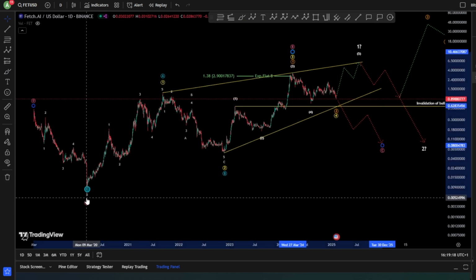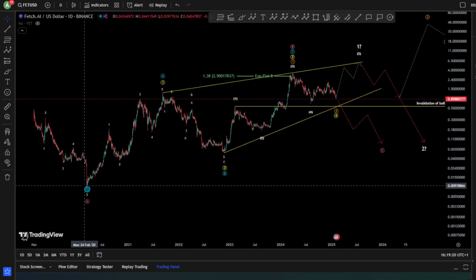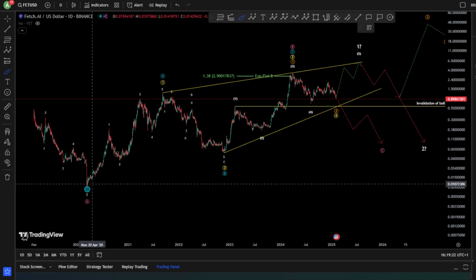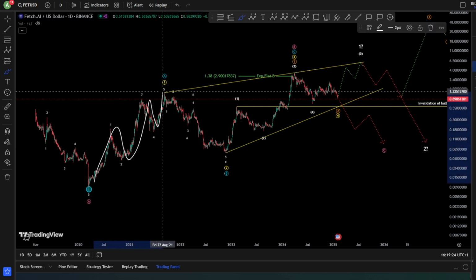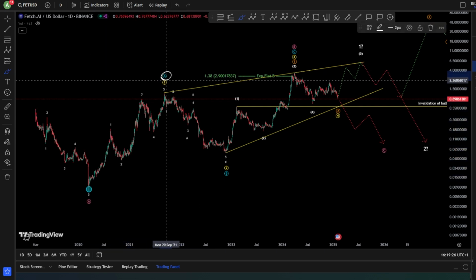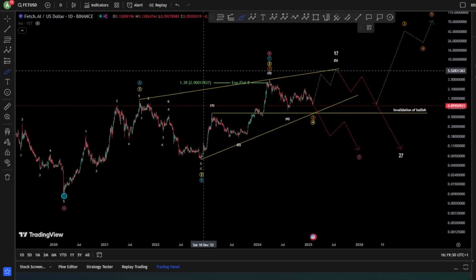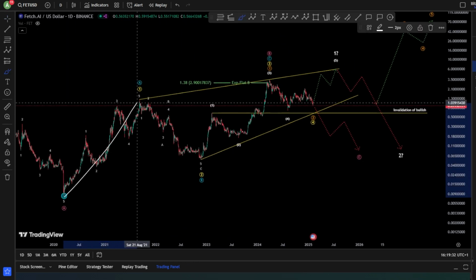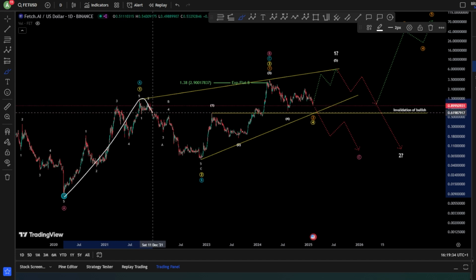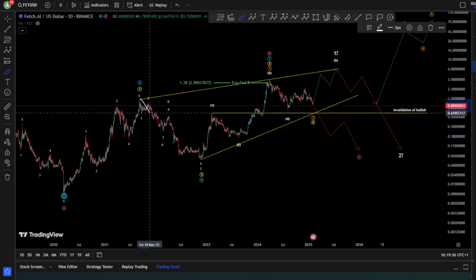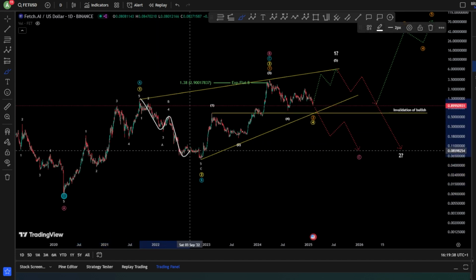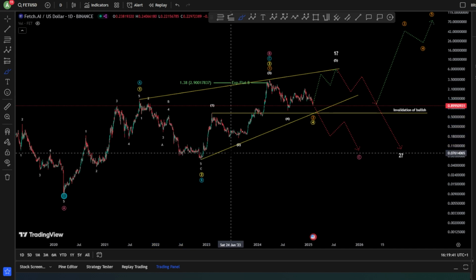So basically, the first scenario that I would say, starting from this point of counting, where we have 1, 2, 3, 4, 5, finishing wave 1 or a wave A, in your yellow scenario as a wave 1, we have two possibilities. The first one is a contracting diagonal, because we're moving impulsively. And after this, we saw also an impulse 1, 2, 3, 4, 5, which is a little bit confusing,